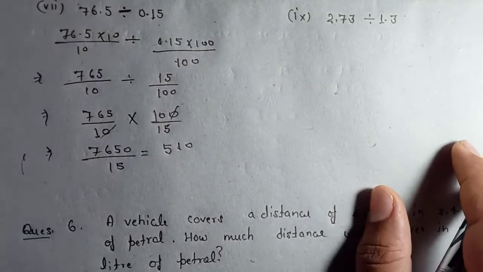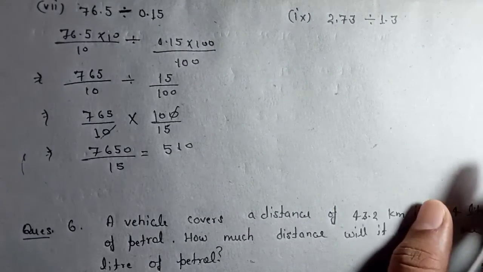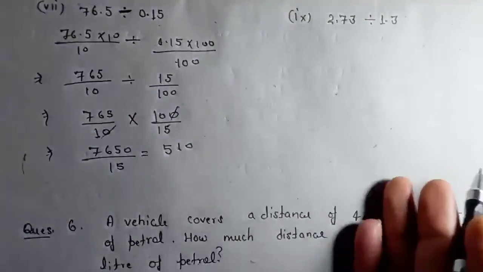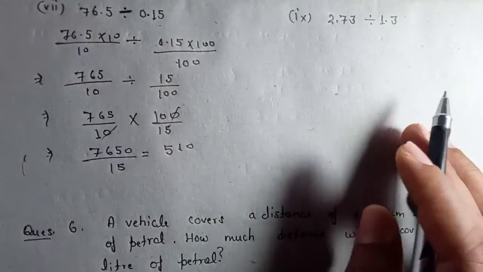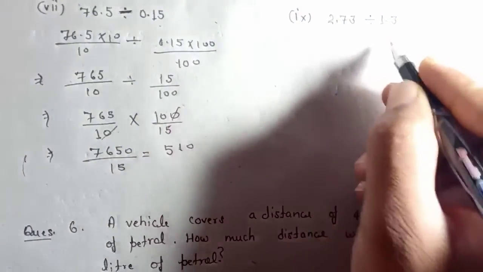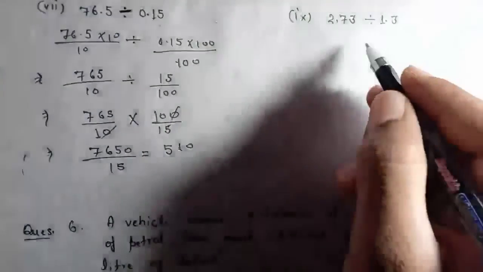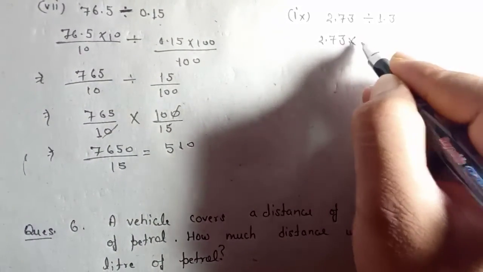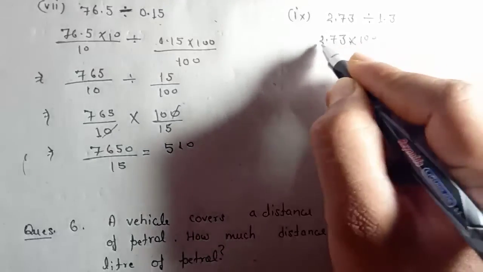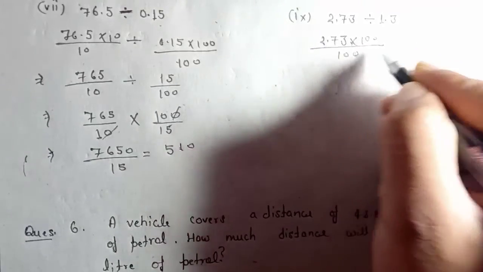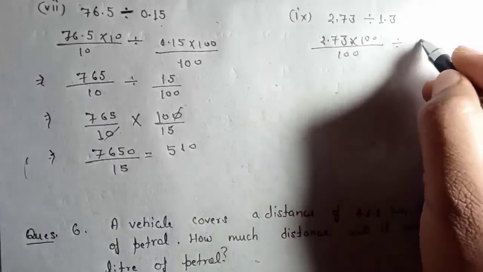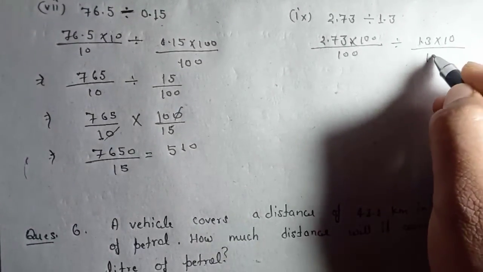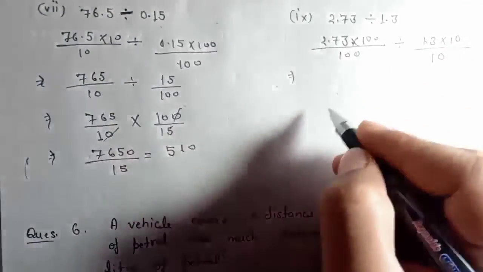Here we have to divide 2.73 by 1.3. So again apply the same thing as I have done here. Eradicate or eliminate the decimal point from here. So 2.73 will be multiplied by 100 and divided by 100, because there are 2 digits after decimal point. So you have to multiply by 100 and divide by 100, divided by 1.3. To eliminate the decimal point here in 1.3, we have to multiply and divide by 10. It becomes